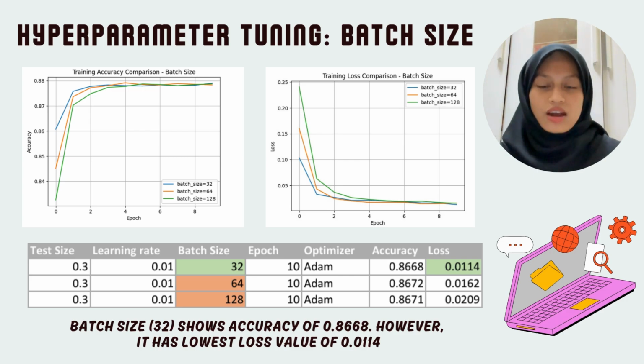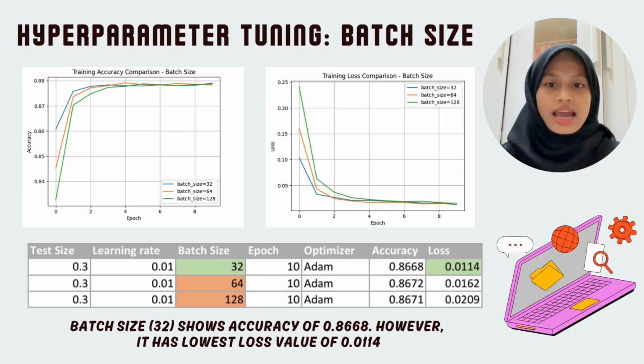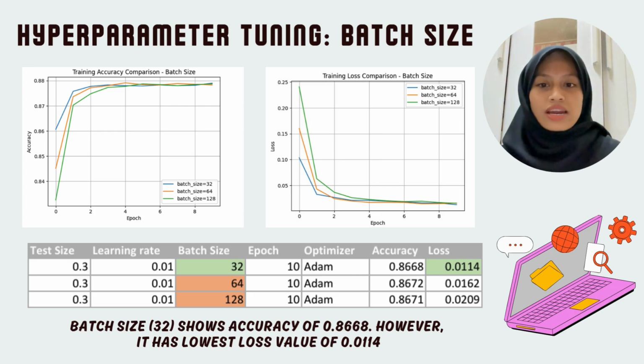From the accuracy graph on the left, we can see that batch size 32, the blue line, achieved the highest training accuracy early and maintained a strong performance throughout. In the loss graph on the right, batch size 32 also showed the steepest drop and the lowest final loss. This is confirmed in the table below, where batch size 32 had the lowest loss value of 0.0114. Highlighted in green, this indicates that a smaller batch size 32 helped the model learn more effectively and generalize better